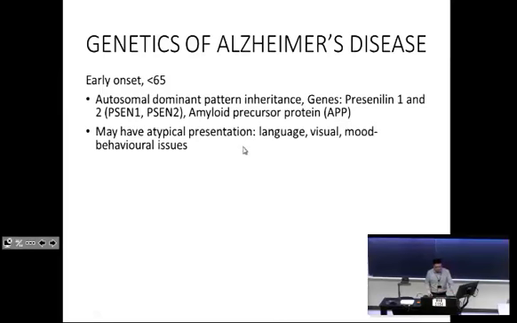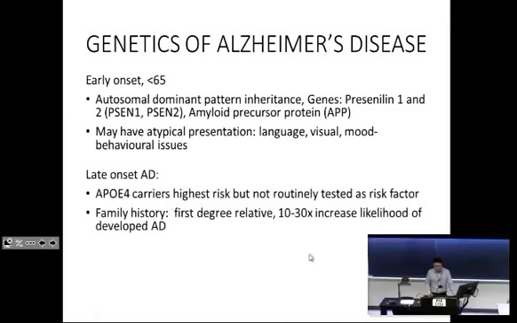You may have an atypical presentation, and again, it's more common to have an atypical presentation in people who are younger. And this is in contradistinction to people who have late onset, for which ApoE4 is more of a driver, and there actually is more familial clustering. So even though we talk about autosomal dominant inheritance as being more important in early onset, just general genetic factors are more important in late onset disease.